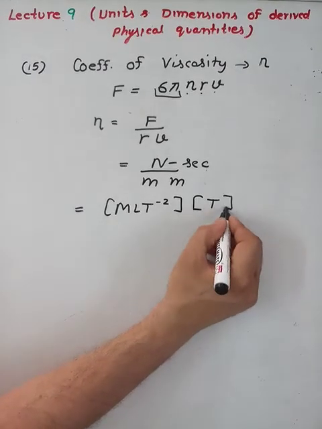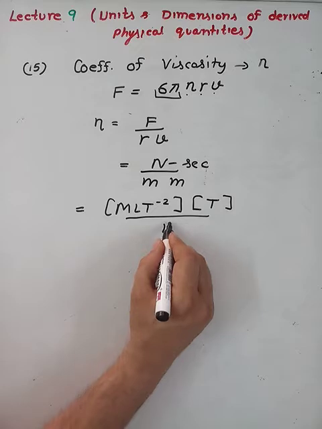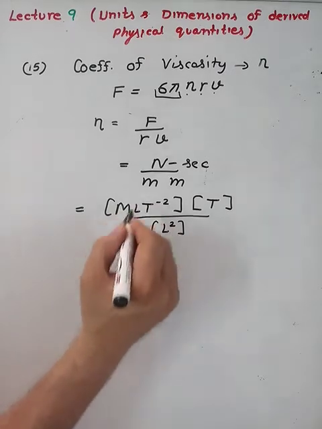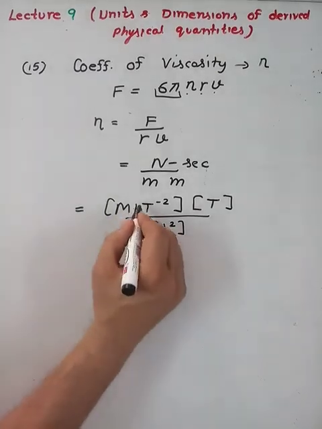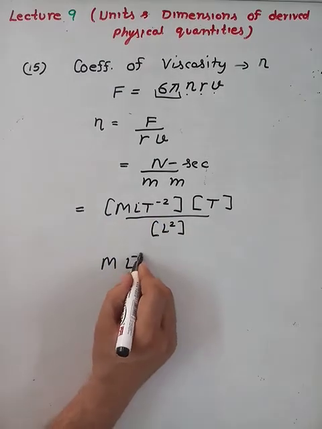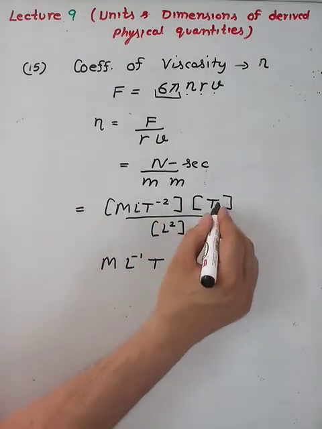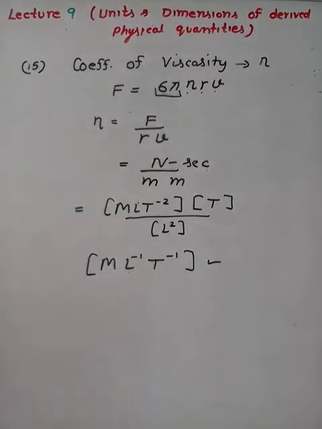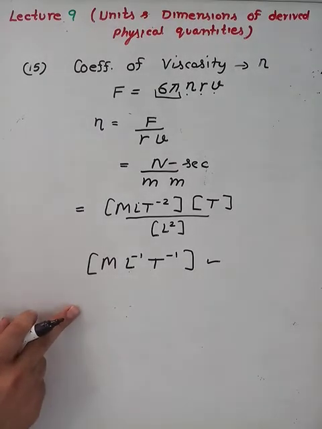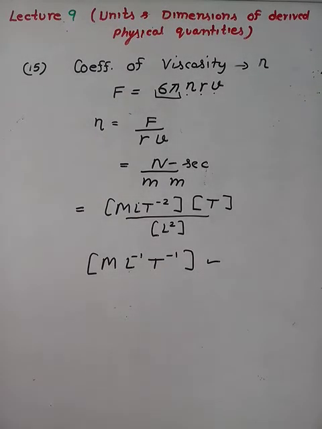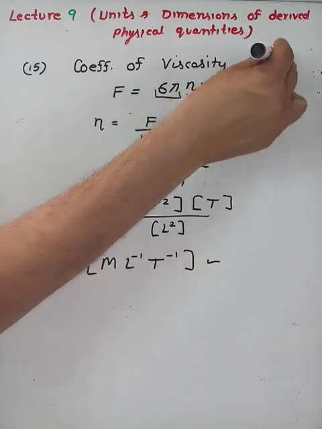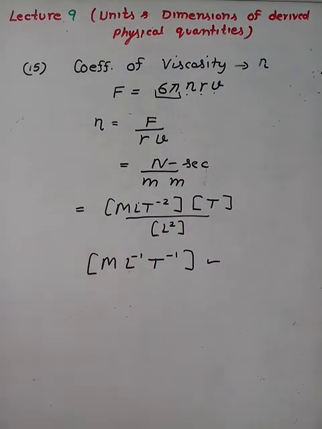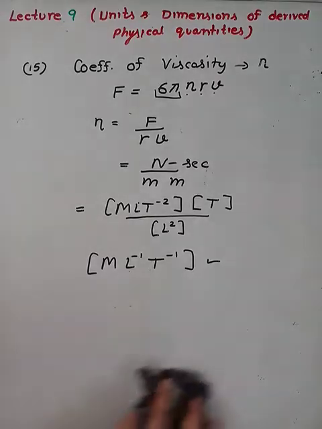That of second is T and meter square is L2. When L2 is taken to the numerator, it is minus 2. 1 minus 2 is minus 1. And T minus 2 and T1 is minus 1. Finally, we get the dimension of coefficient of viscosity. This one. Next, another constant. And there is a difference in the constant. Gravitational constant is a fixed value, whereas this viscosity constant is varying. So some constants have fixed values, whereas some constants depend on the nature.